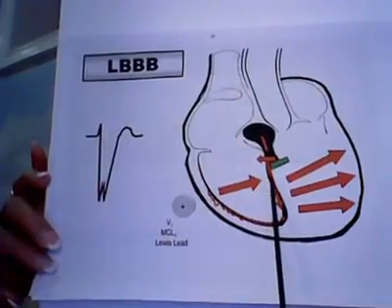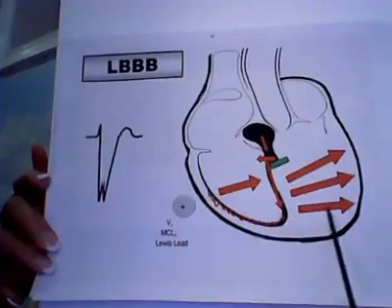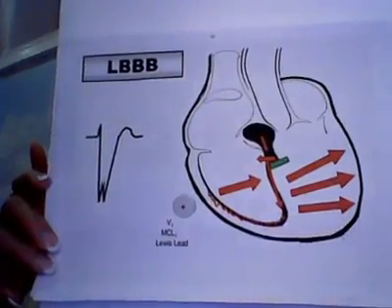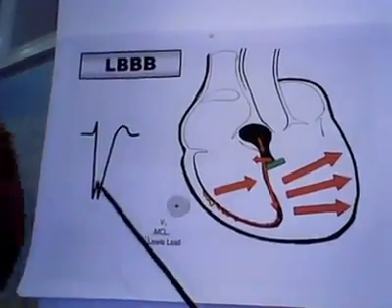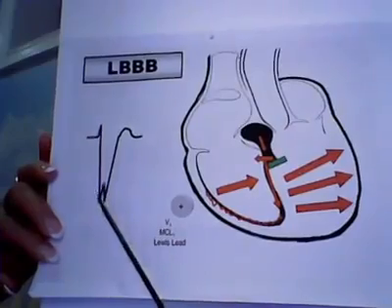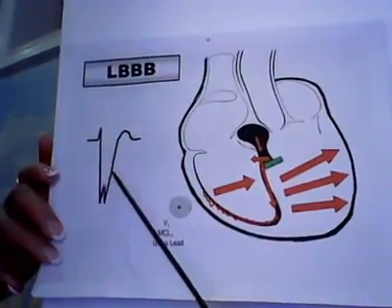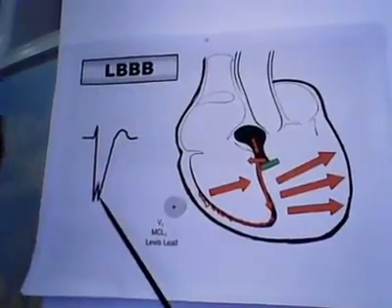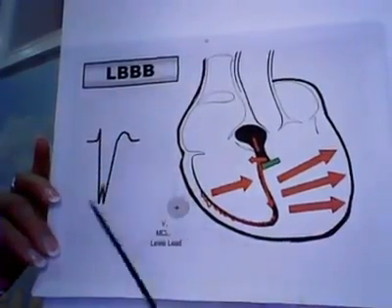And then the impulses continue through the left ventricle, going from cell to cell, taking a very long time in this direction, away from the positive sticky, and that's why it continues to be negative. So when you have a left bundle branch block, your right ventricle contracts, and then your left ventricle contracts. And since your stylet can't do two things at once, you just have the outline, and that's why you have